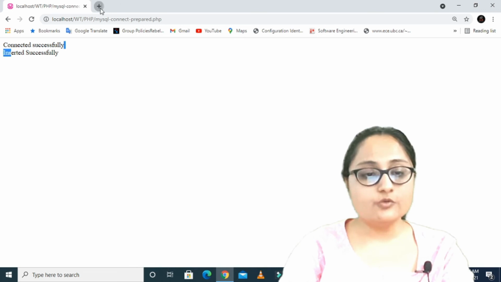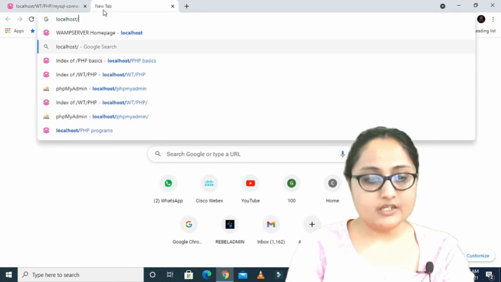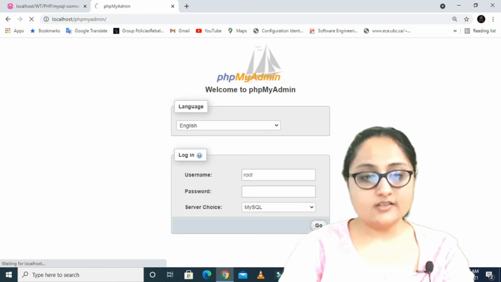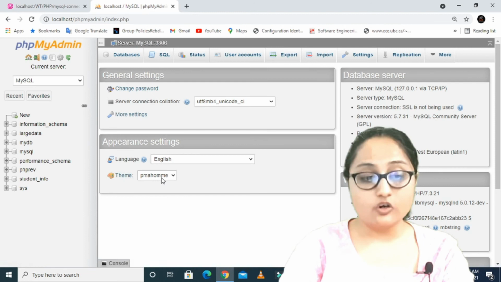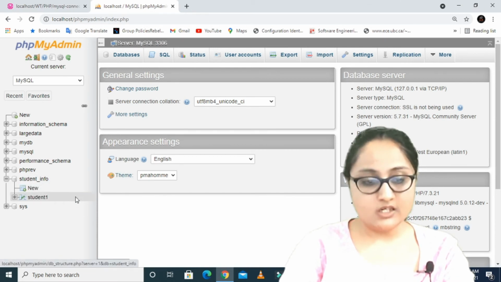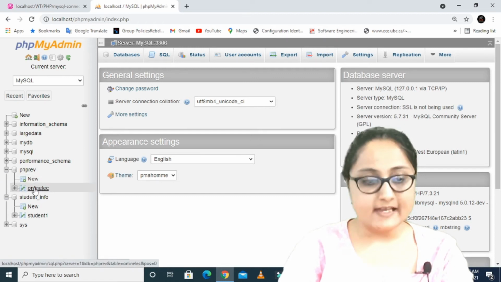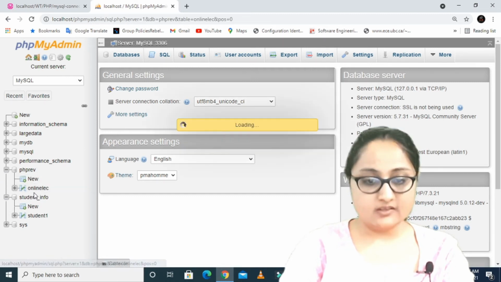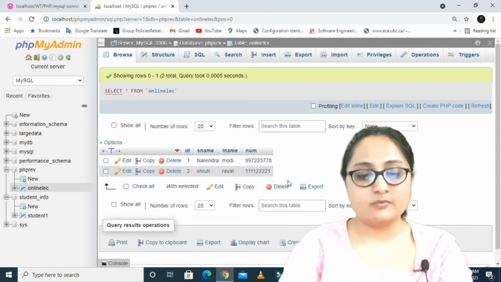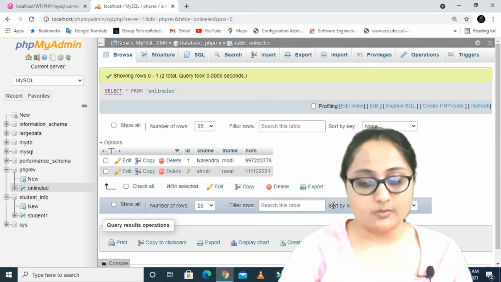If I want to view whether my data is inserted or not, let us view it in phpMyAdmin. If you recall, this was my database student info, sorry, this was not my database, php rev was my database, and online lek was my table inside which I have inserted the data, and you can see this Shruti Raval and whatever number it is that has been successfully inserted using the prepared statement.